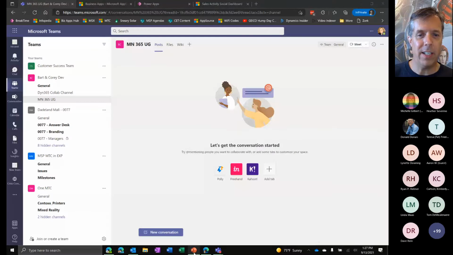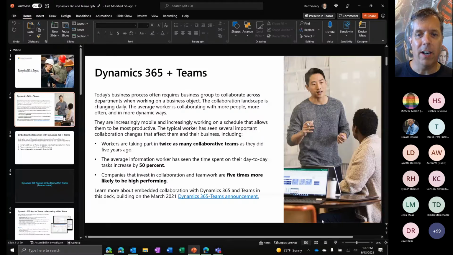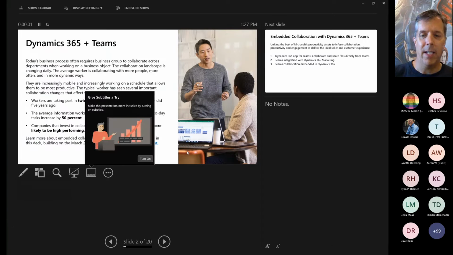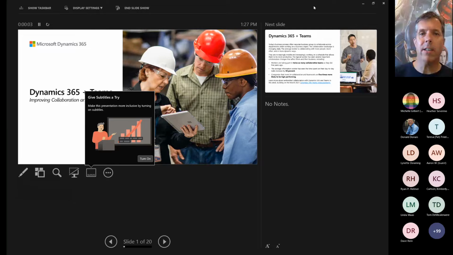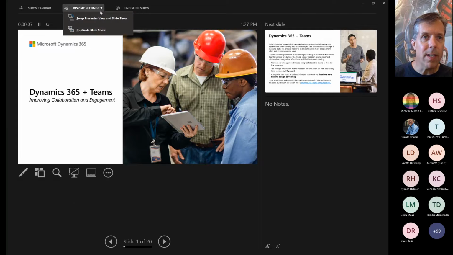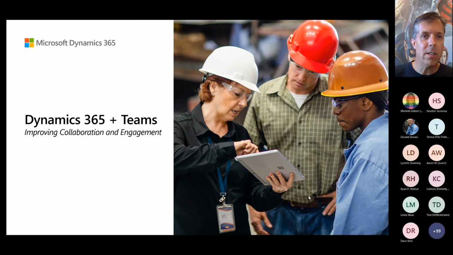start off just by making sure I can share my screen here. Of course, we should start with just a little tee up on the presentation side. And of course, I've got these display settings we need to switch. Now, I think you're actually seeing the slideshow. Let's just minimize that. All right.